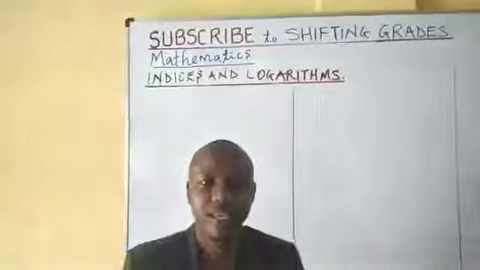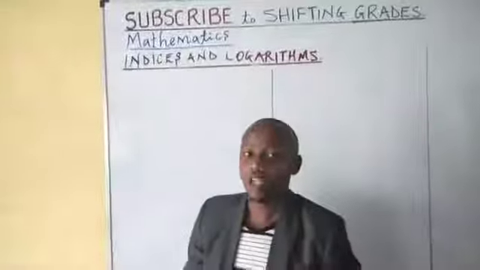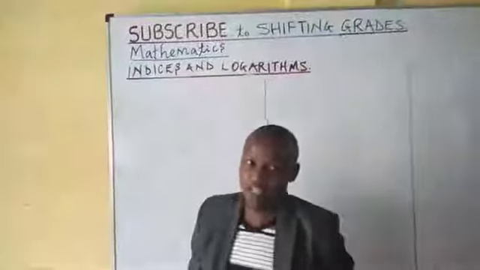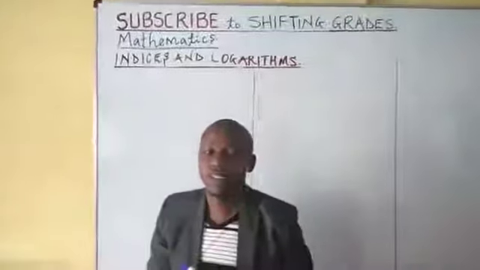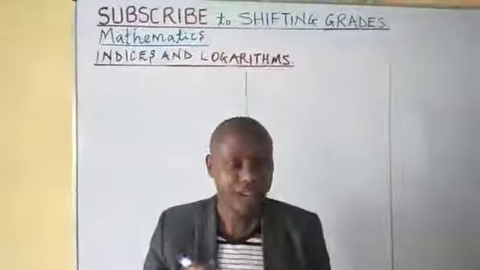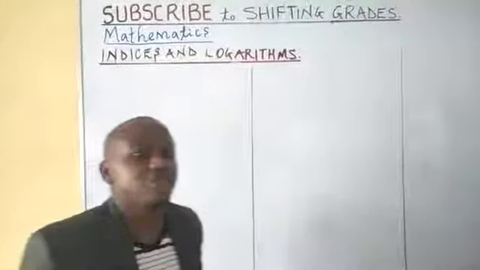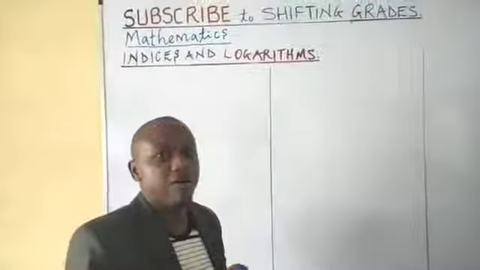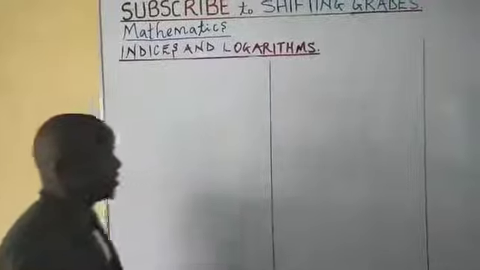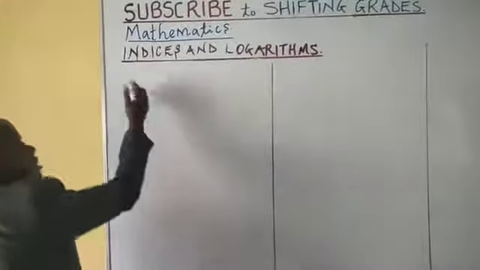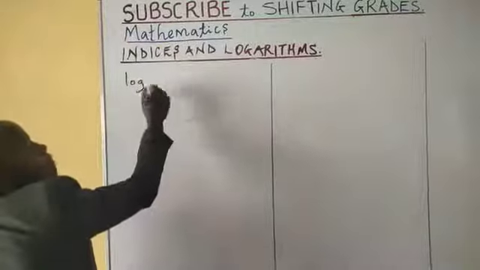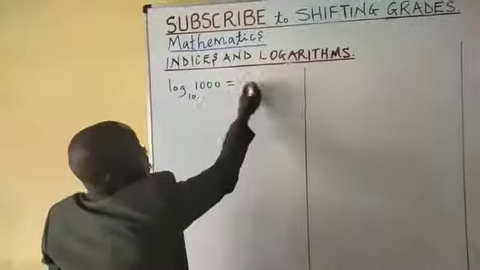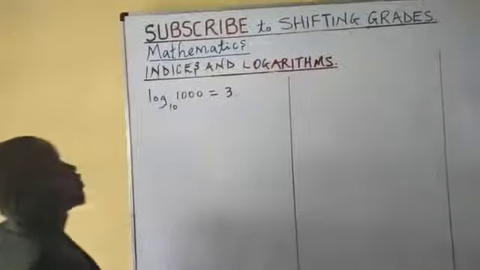Welcome to the next subtopic of our topic, indices and logarithms. It is important to note that indices and logarithms are very much related, and therefore I would like to give the relationship between indices and logarithms before I go to logarithms themselves. Therefore, it is good to know that when we say the logarithm of a number like 1000 to base 10 is equal to 3, we mean that